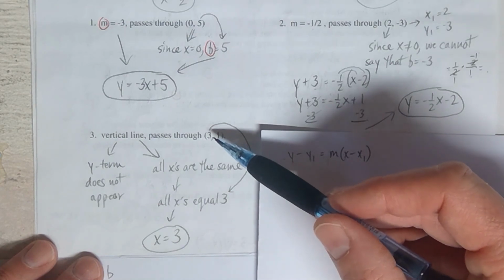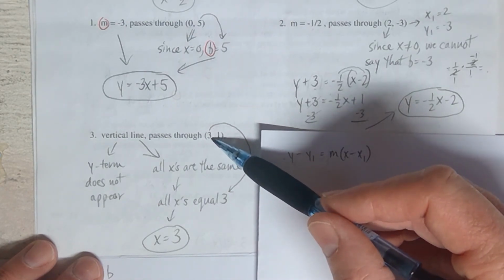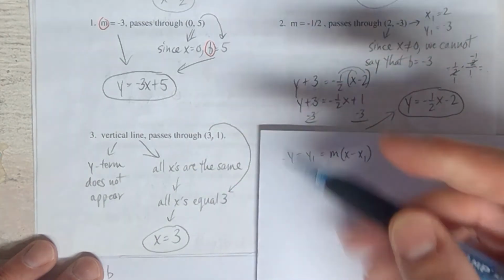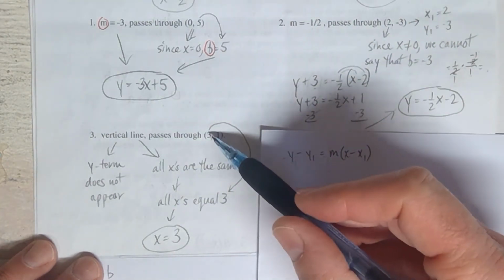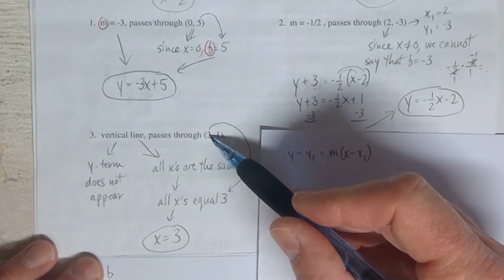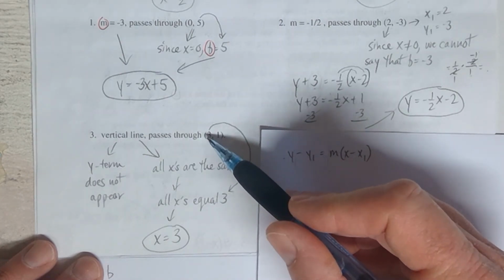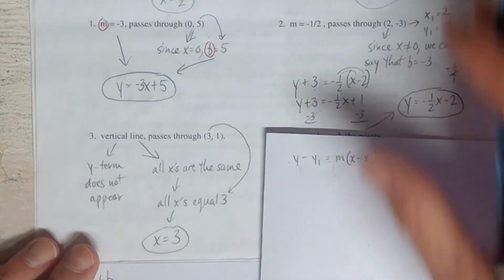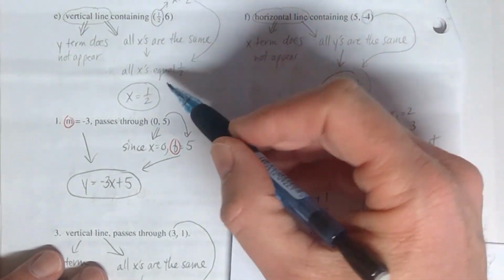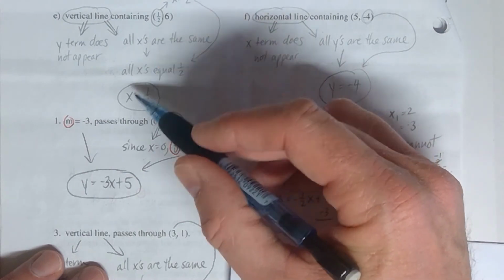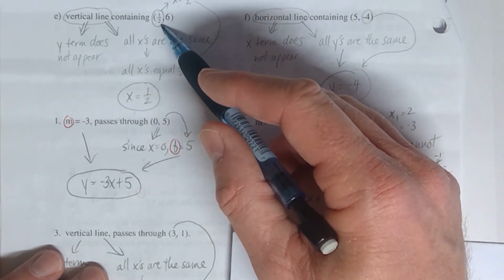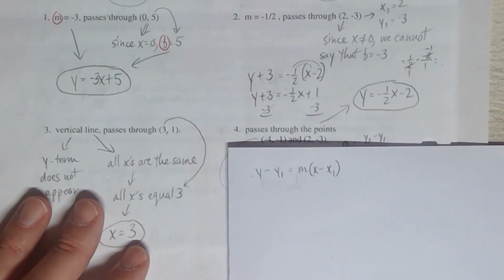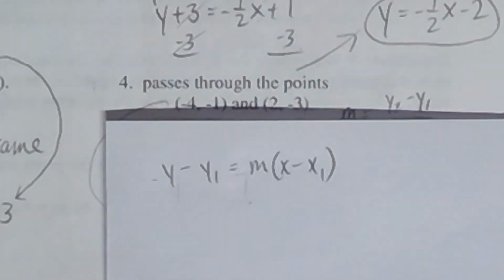So since you know that that x is equal to 3, then the entire, just like I did in the problems right above here at the top of the page, okay, when I said x equal to 1/2, the fact that all the x's are equal to 3 means that your equation is x equal to 3. Just like all the x's up here were at x equal to 1/2 because one of them was equal to 1/2 and they're all supposed to be the same. And so moving on here into number 4,